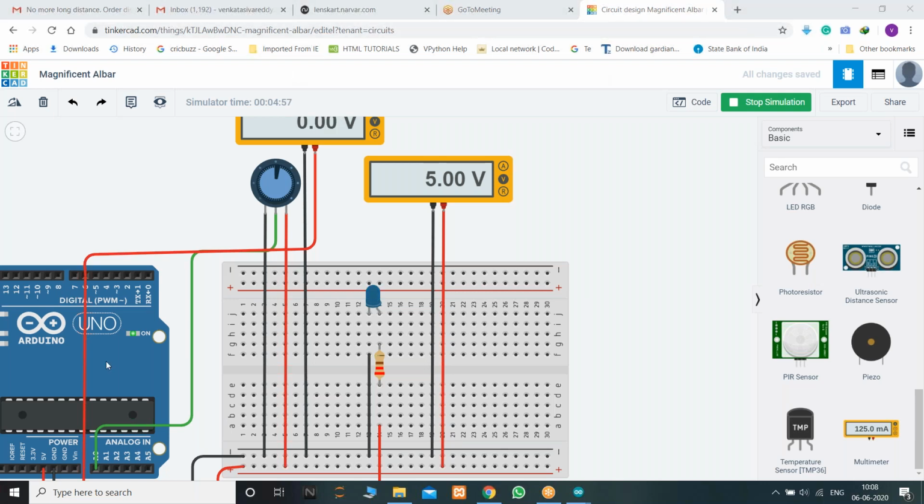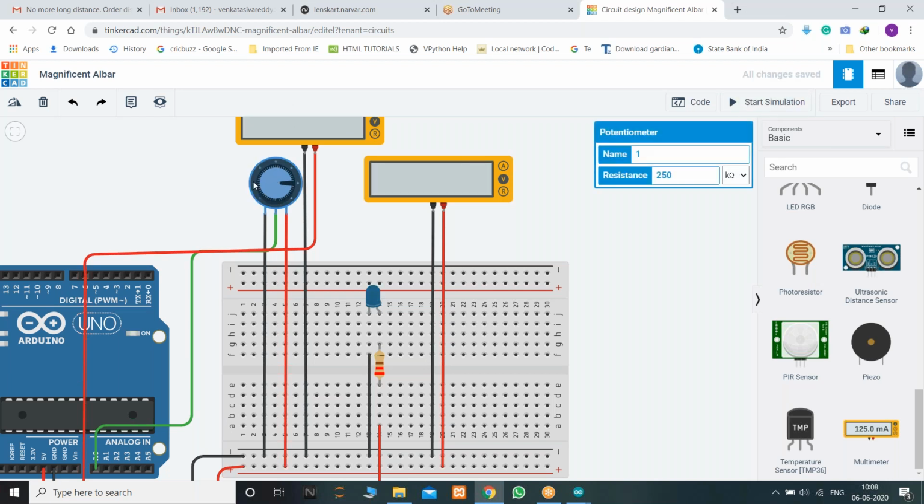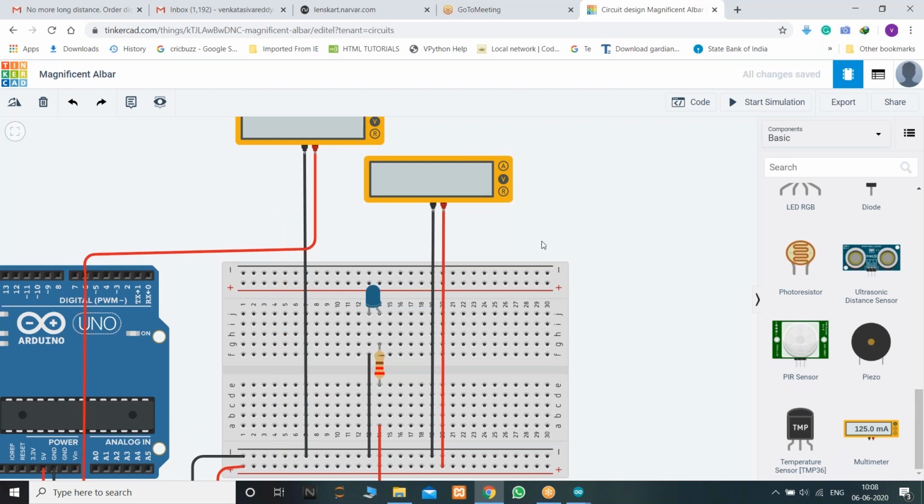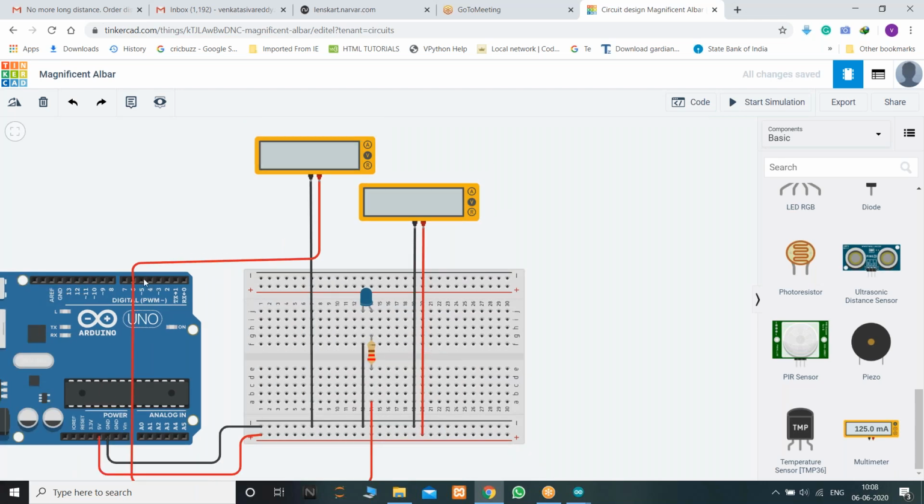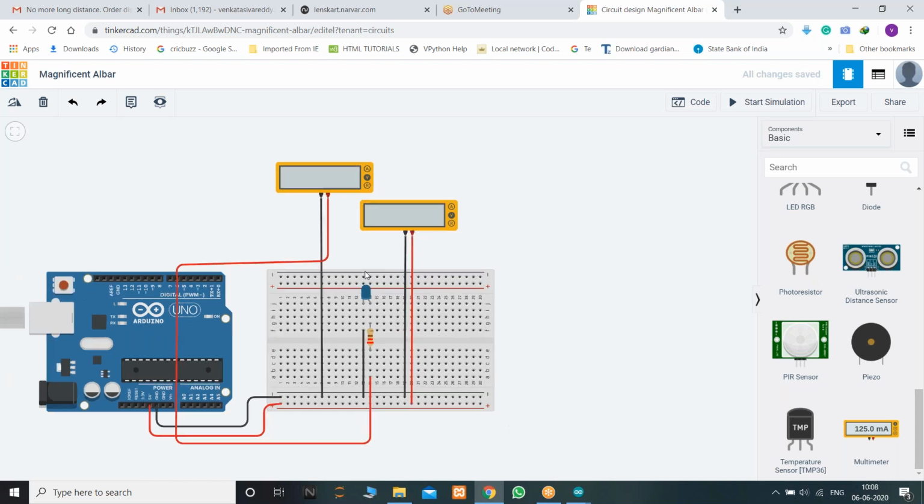Sir, here I connected this A0 to this potentiometer. Let me delete this. See, sir, I just connected my LED to this pin, digital 6. Before, I connected this potentiometer to analog A0, and I didn't connect this LED to A0.